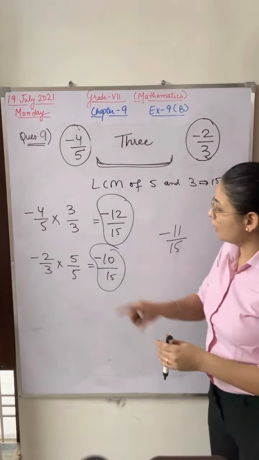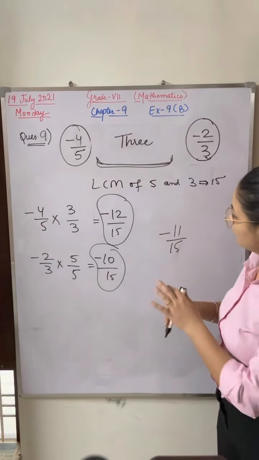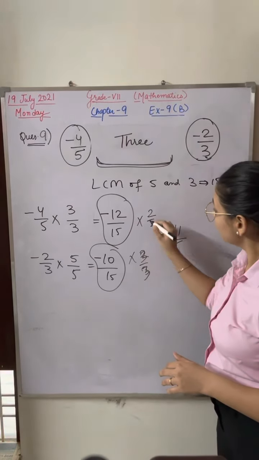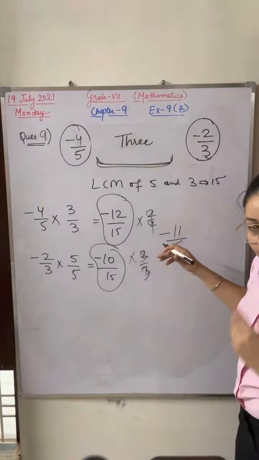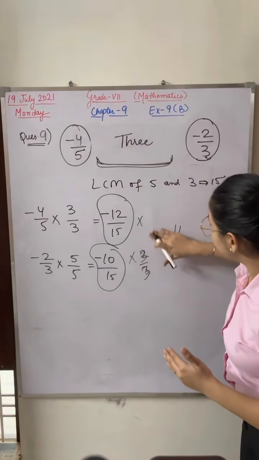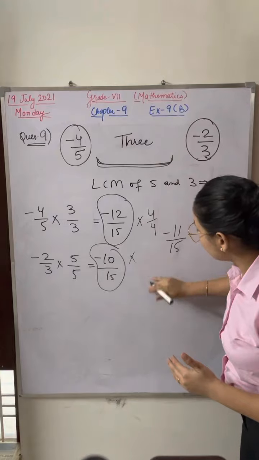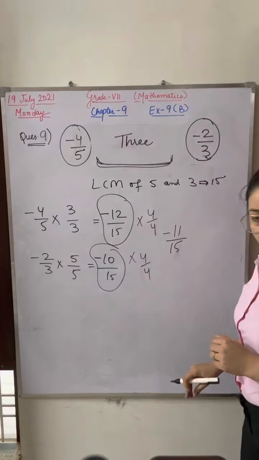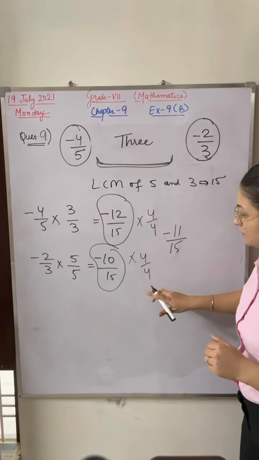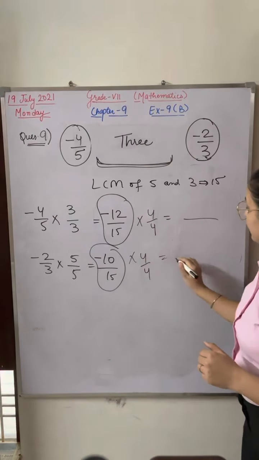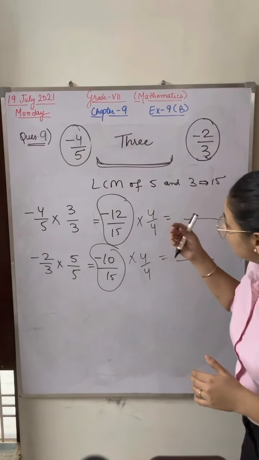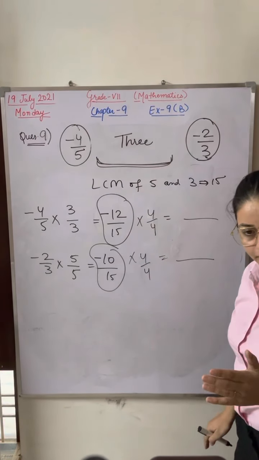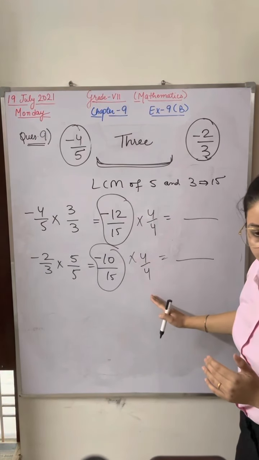For the rest, you have to multiply these two further, by 2 by 2, by 3 by 3, by 4 by 4, any number, and check the answer. If you are writing 4 by 4 here, don't write 3 by 3 there. Here also write 4 by 4. Write the same numbers here and here, and then check. Whatever rational numbers are possible, find whether the requirement is possible in these two, yes or no. So will you do the further steps on your own?